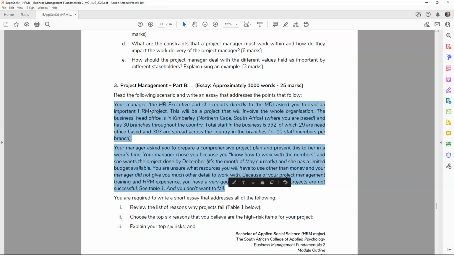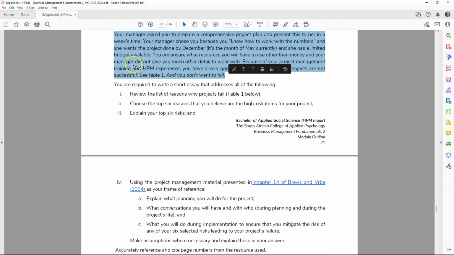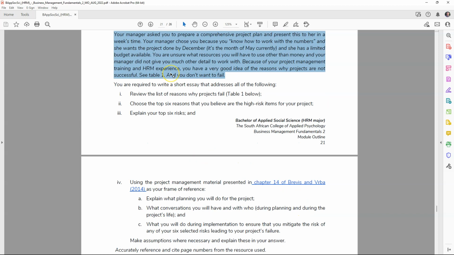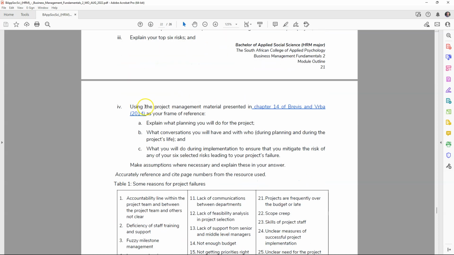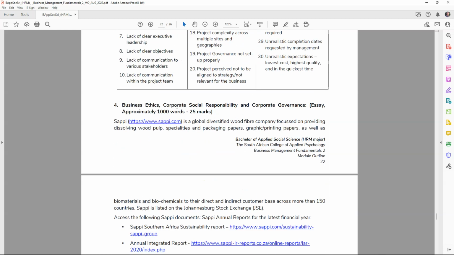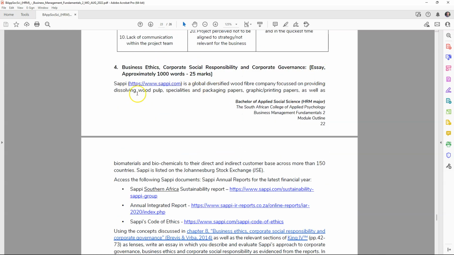Then you have the freedom to make assumptions where necessary and explain these in your answers. So be specific about the context. And then we are referring to that chapter in the textbook. And then the SAP, I've spoken about that.